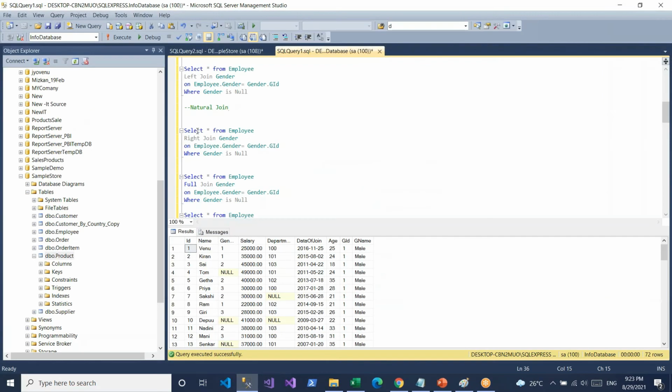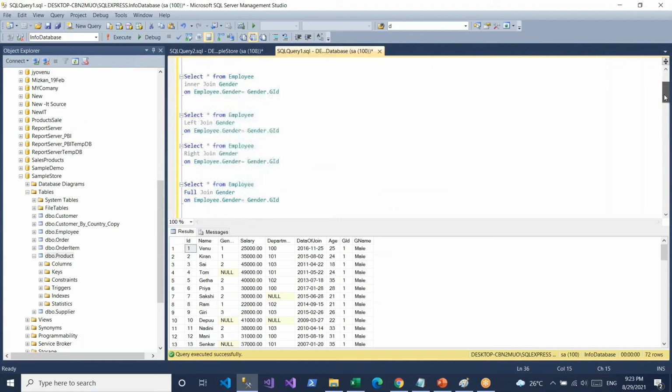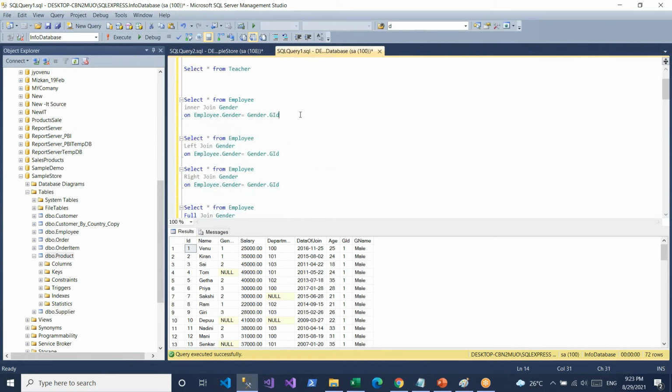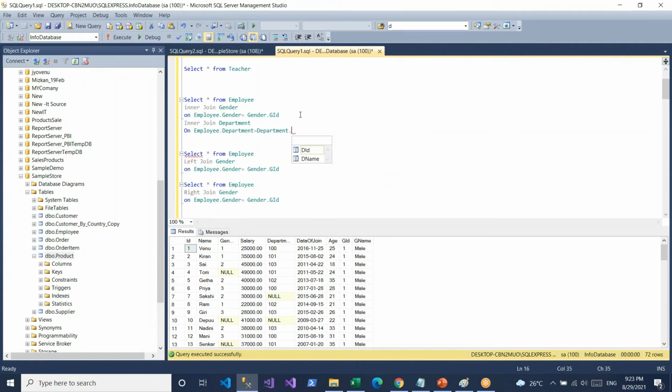Here I will apply inner join department on employee.department equal to department.EID.